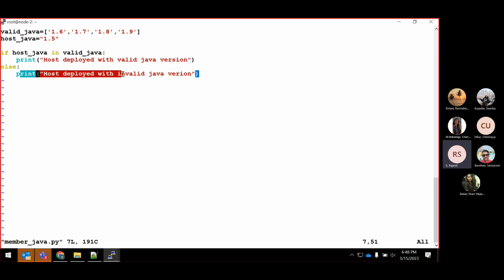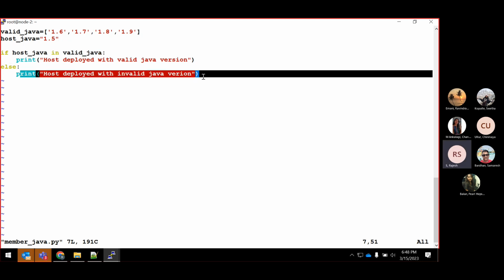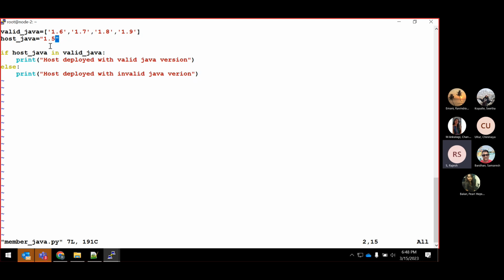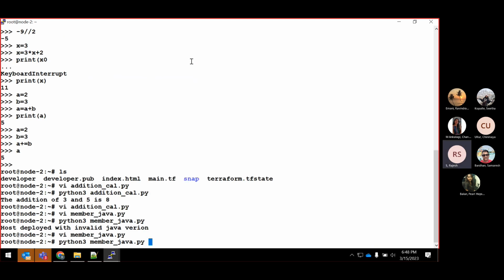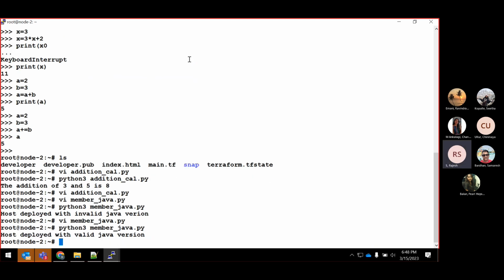And then the else part, the print in the else, is getting executed. Or else if you have a valid Java, like suppose you mention 1.8, you know very well that this condition becomes true because 1.8 is in the list, which means this will get executed. Let us execute python3, see, like this,